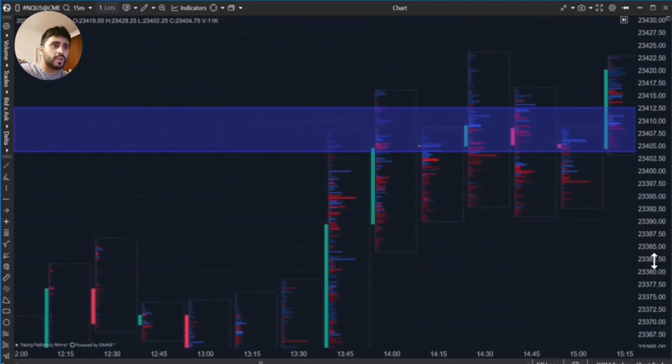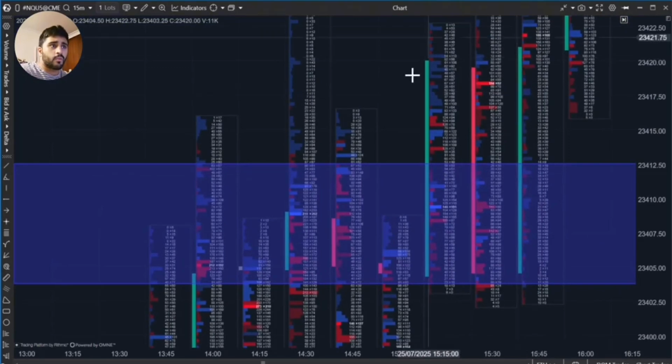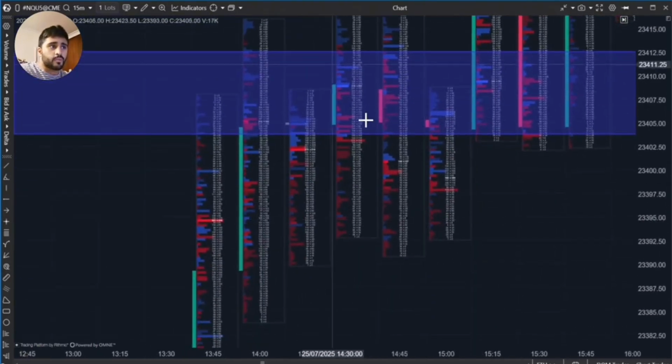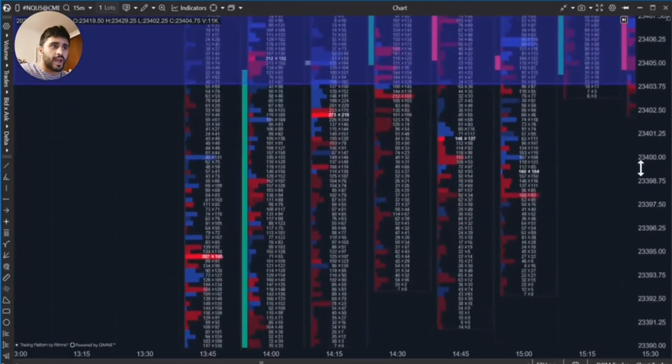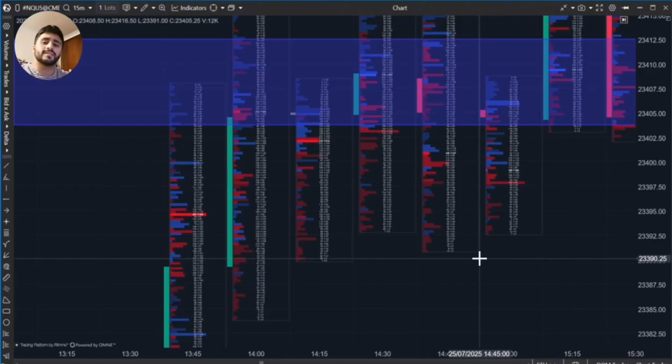Price action, right? So we want to understand price is wicking above and wicking below, right? So we want to understand what's going on as price rejects this level, and this is what we're going to be looking at. We want to understand what's going on as price rejects this level. So just as an overview, without even reading the numbers, you can understand inside of every candle there's aggressive buyers